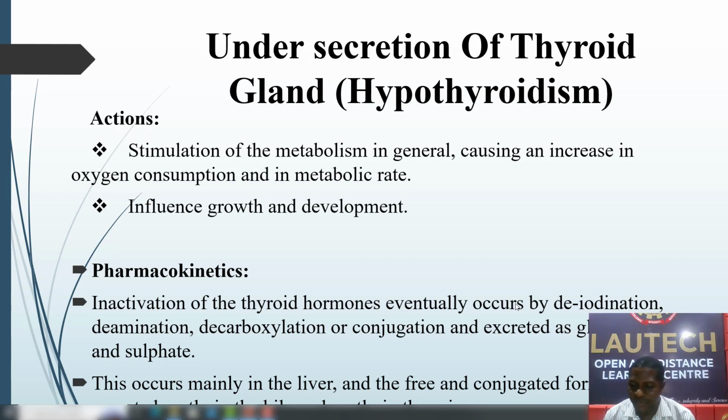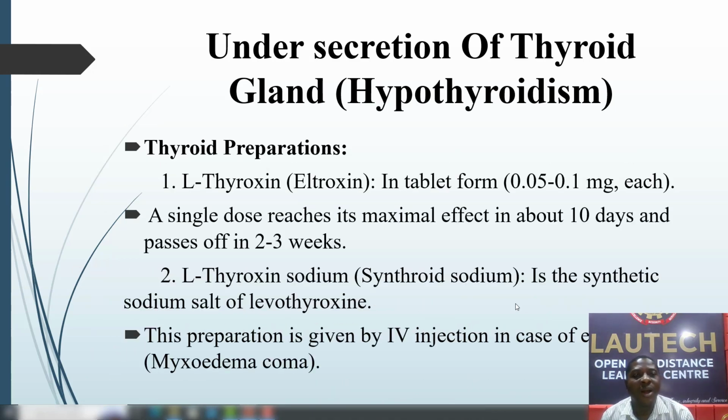and sulfate. So these occur mainly in the liver, and the free and conjugated form are being excreted in the bile. Now, thyroid preparations. So we are still talking about hypothyroidism. Some of the thyroid preparations that can be used are L-thyroxine, that is Eltroxin, in tablet form of